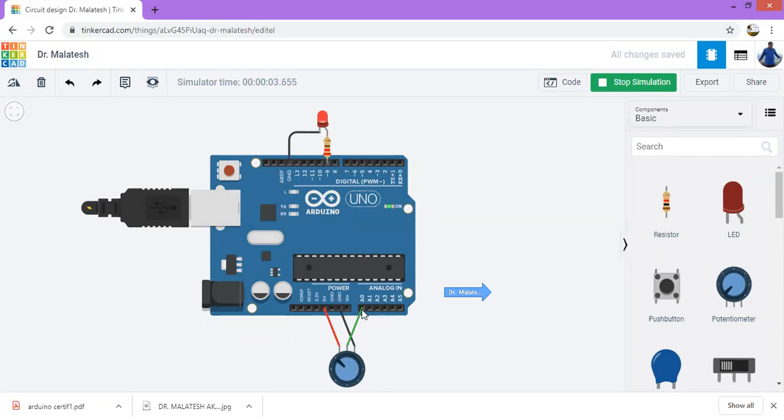That is, analog pin A0 is used here. A0 to A5 are the analog pins. The analog voltage is applied here. Internally, there are A to D converters, that is, analog to digital converters, which convert the analog voltage to digital so that the microcontroller can process it in the digital domain. Now let us see the code.